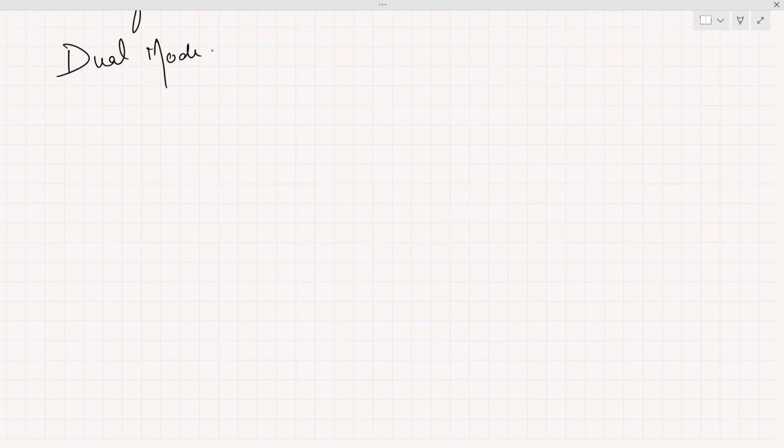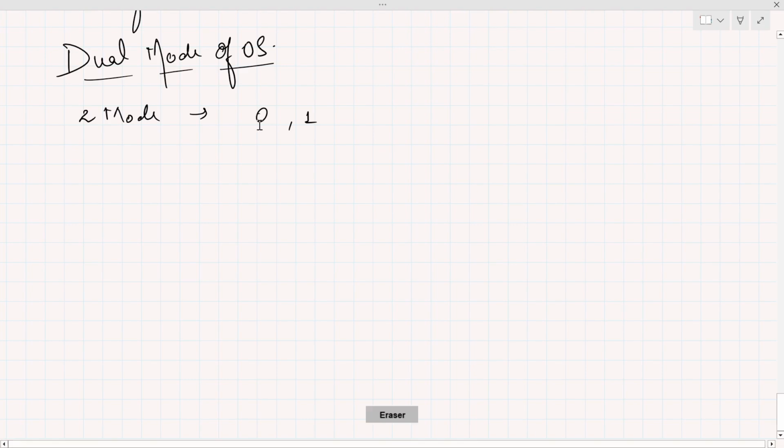Now there is a thing which is called the dual mode of an operating system. What is it? Dual mode of an operating system. There are only two modes, a zero mode and a one mode. The two modes are user mode